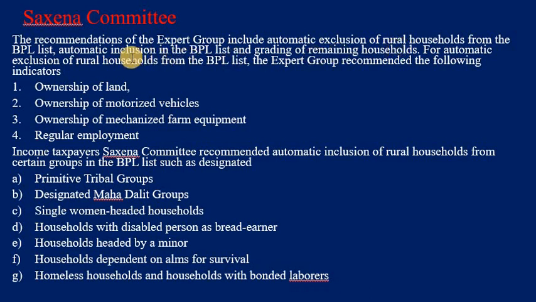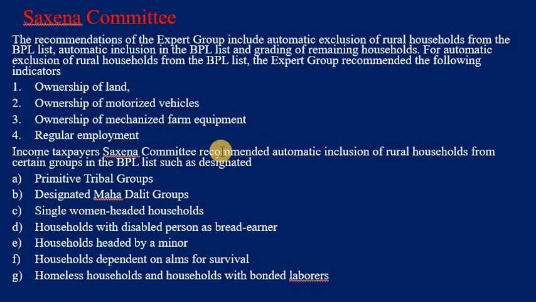On the inclusion in the BPL list, the remaining households are granted automatic exclusion based on ownership of land, ownership of motorized vehicles, mechanized farm equipment, and regular employment.